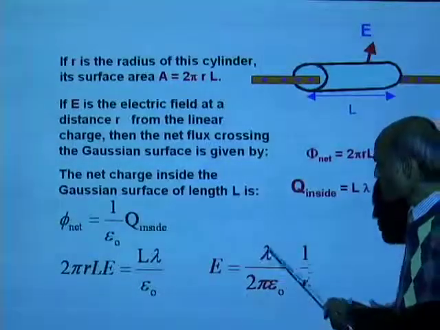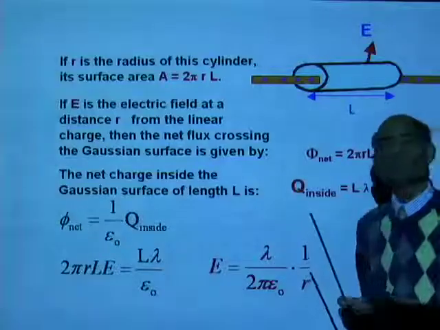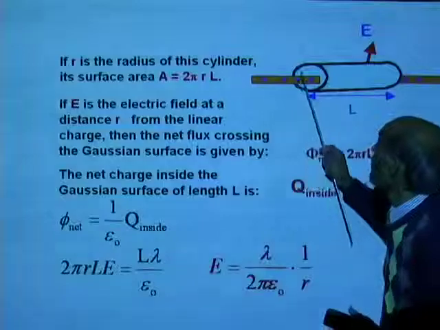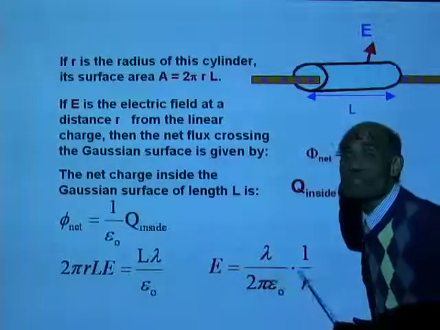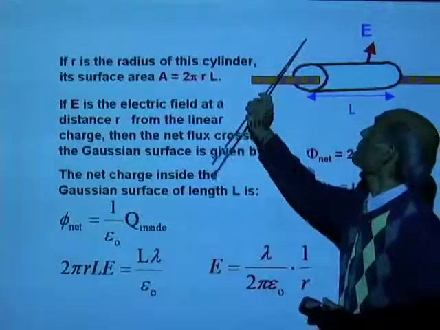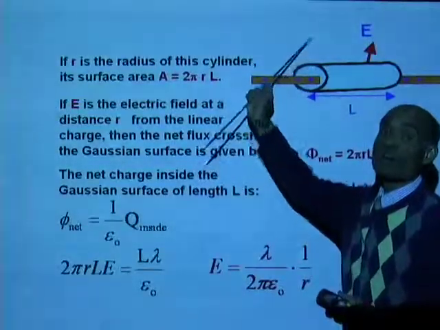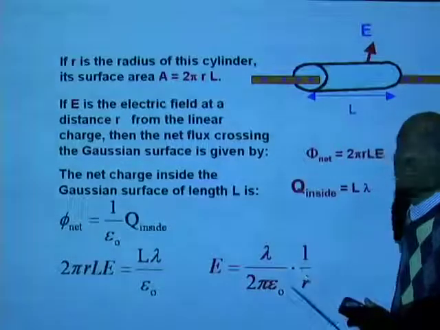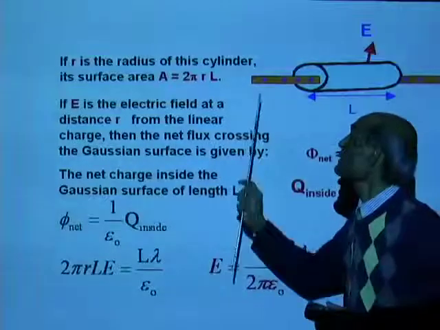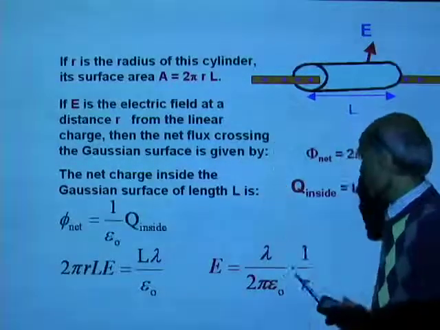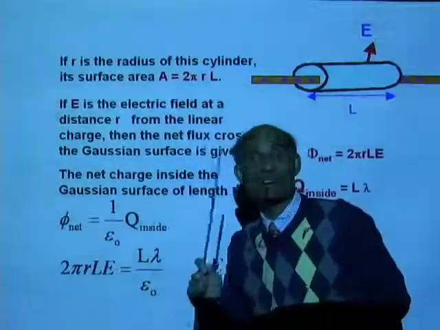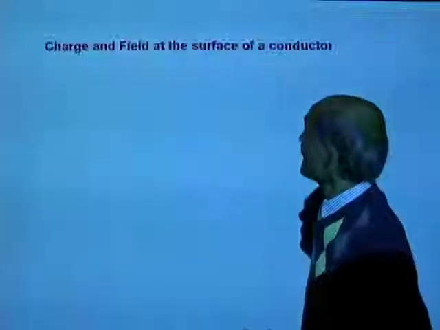Now, why did I write it like this? Because lambda over 2 pi epsilon naught is a constant. That means the field at any point varies inversely as the distance from the charge. As you move away from the charge, as the distance r increases, the field decreases. Well, this is the expression for the electric field at a point distance r from an infinitely long charged conductor. All right? Let's now